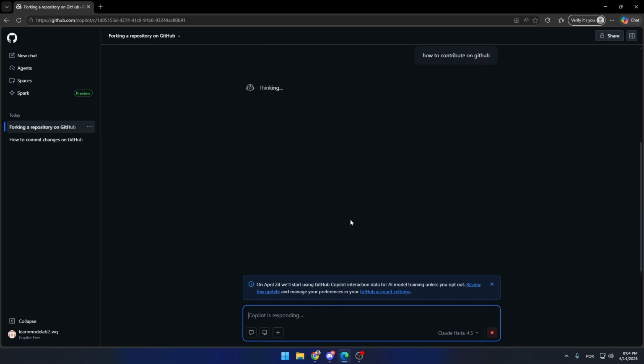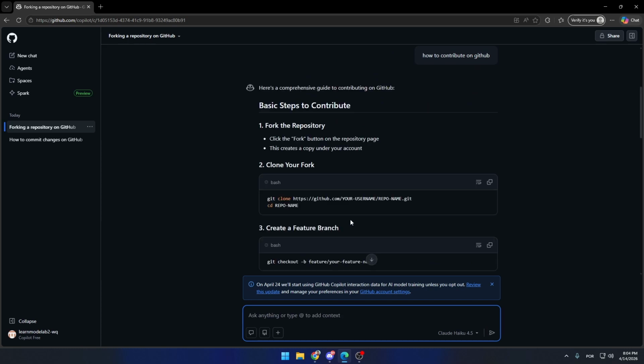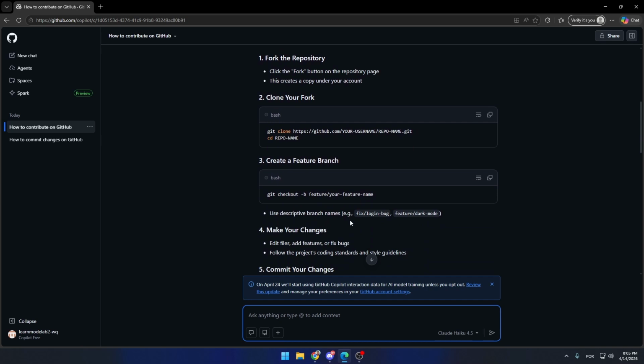Making commits frequently helps keep the project organized and makes it easier to return to previous versions if needed. Try to write clear commit messages to make the project history easier to understand. And that's it. Now you know how to commit on GitHub